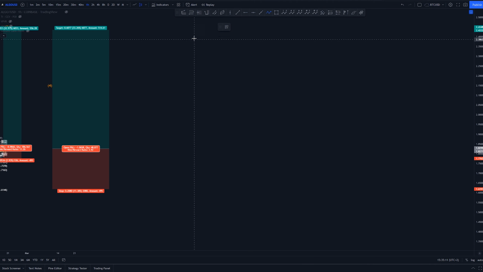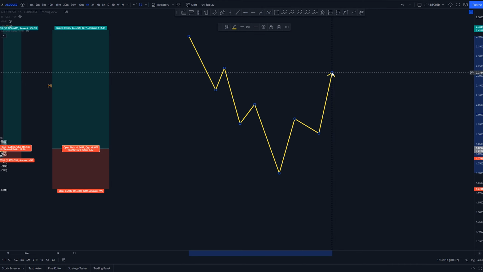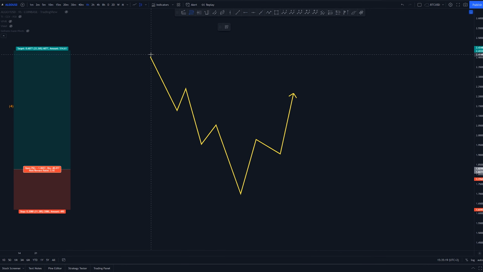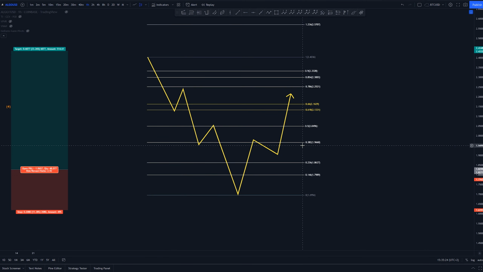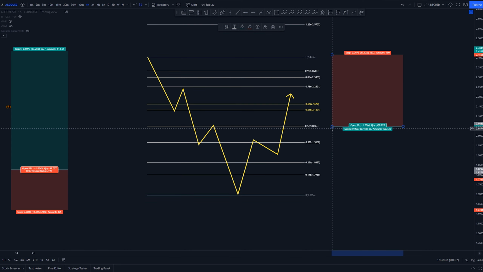For the short side setup, it's the exact same. So you would look for 5 waves, 3 waves back, and have your fibs set up like this. Have your entries at 0.382, 0.5 and 0.618, giving us this entry here, stop loss around there,